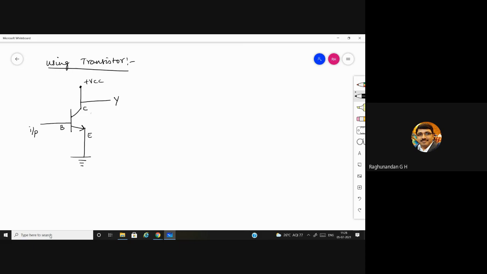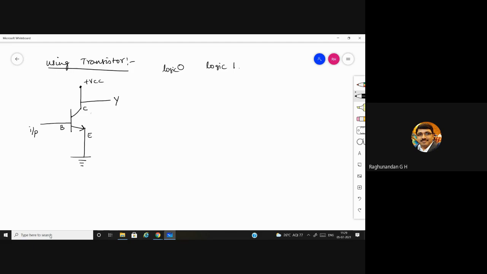As we know, in digital electronics, there are only two levels, that is logic 0 and logic 1. But in analog, there are n number of levels, 0, 1, 2, 3, 4, 5, 6, any number of levels. But here we are having only two levels, logic 0, logic 1.